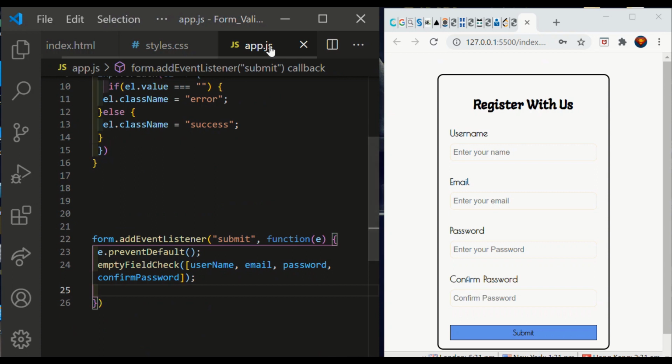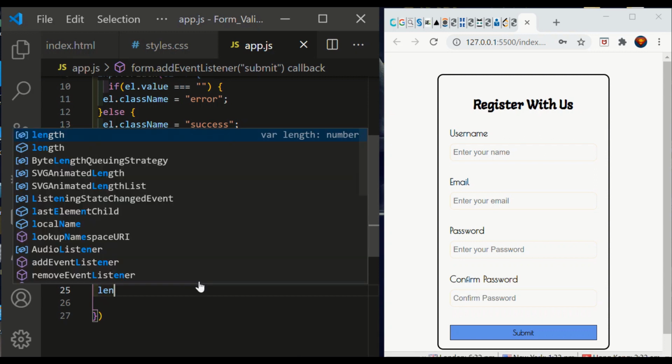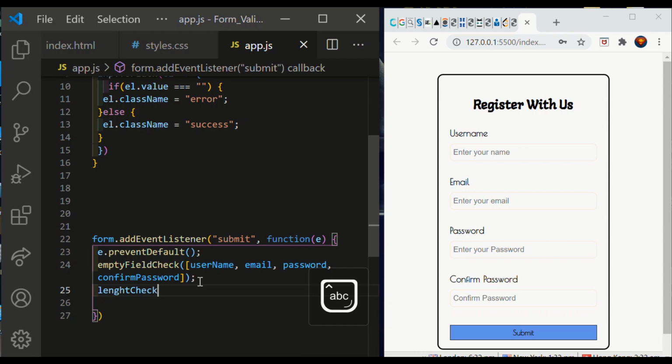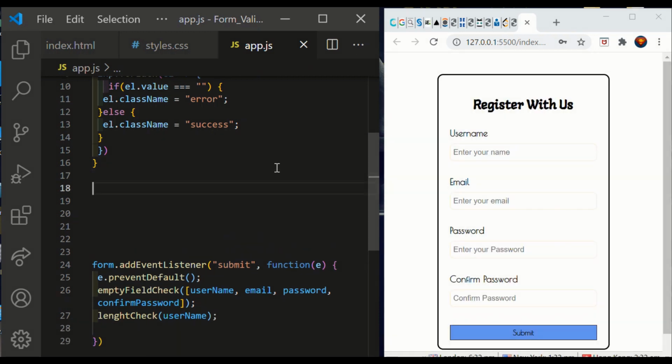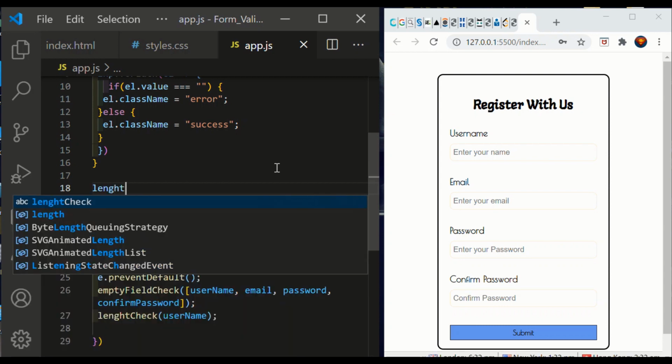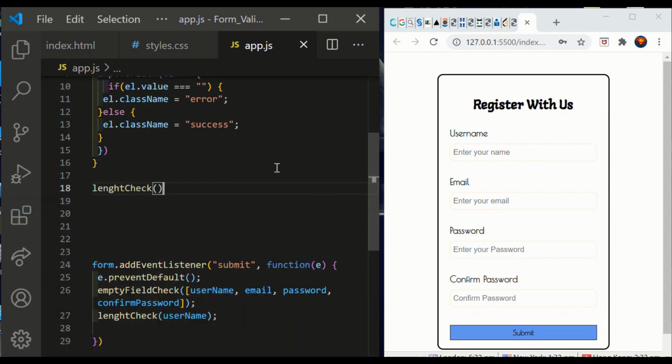Yep, it looks good now. So now we have to use a length check of the username. I would like to pass our username to this, and also, okay, if I'm having a length check of my element,